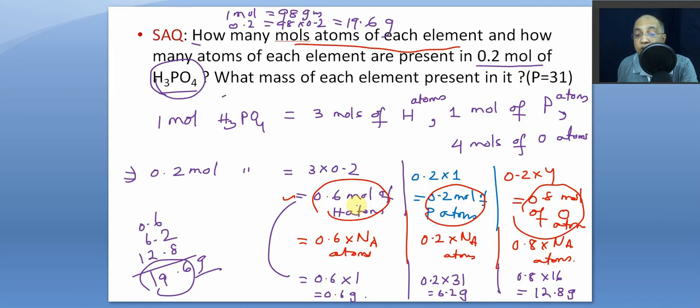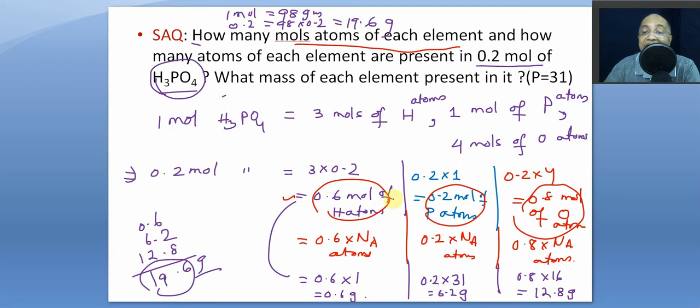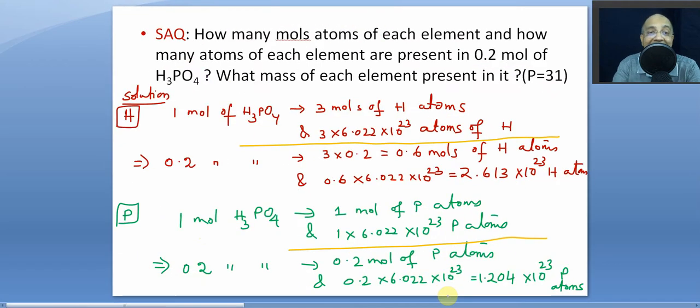Now, this one which we have done is how many moles of atoms? Yes, we have done this separately. Not in one line. Here we have done in one line, but here I treated you as a fool to do it separately. 1 mole contains 3 moles of hydrogen and immediately number of atoms. 3 moles of hydrogen atoms, so 3 into Avogadro's number of atoms. 3 moles and here atoms, no moles.